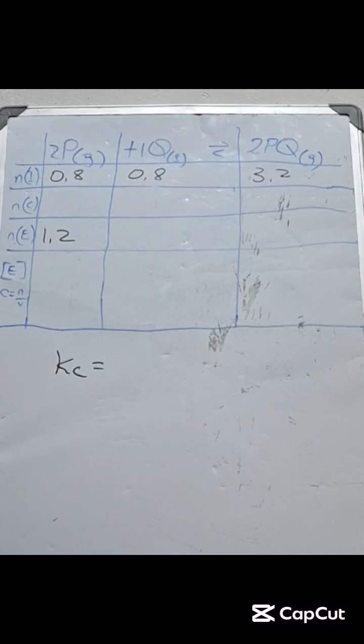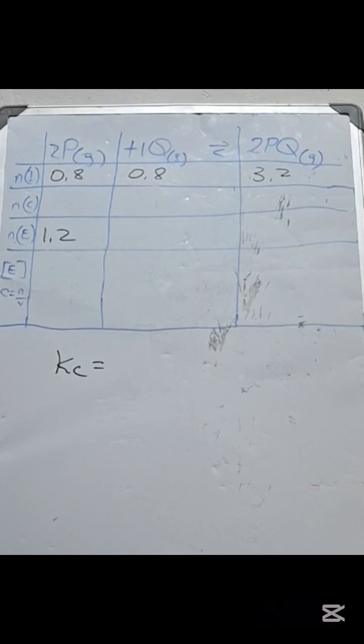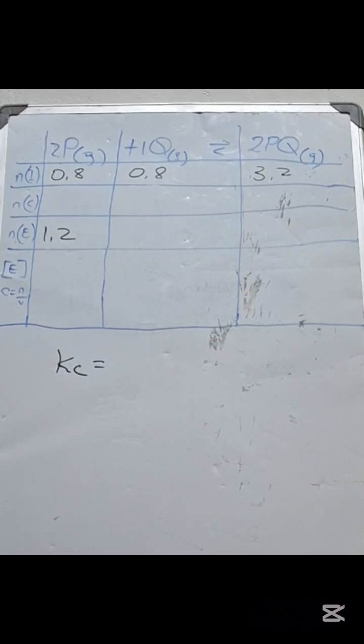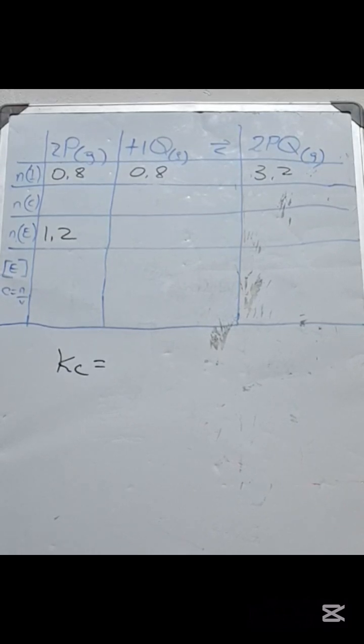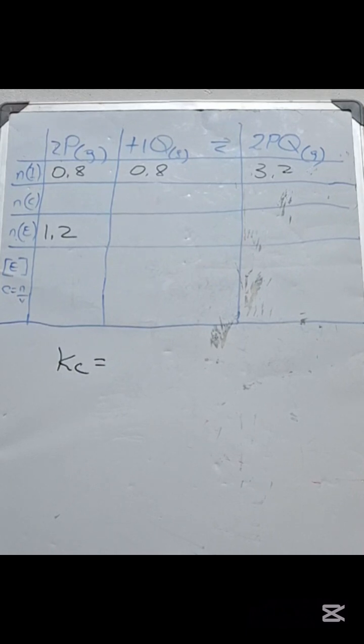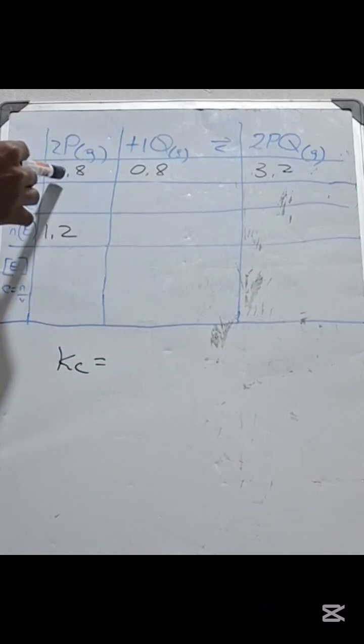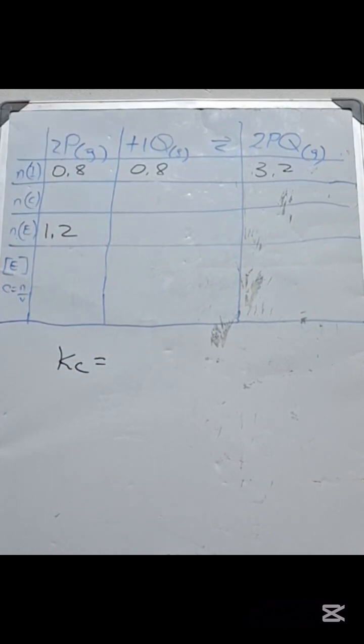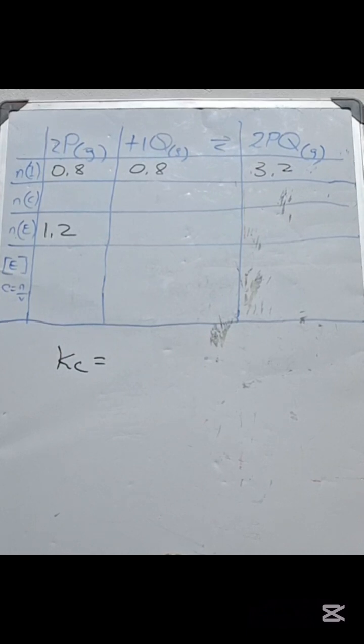Good day, learners. Let's quickly calculate the Kc value for the reaction at new equilibrium. In this statement we are given the number of moles of P at equilibrium, which is 0.8,